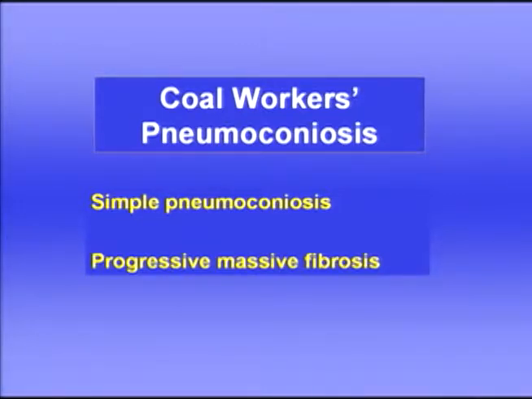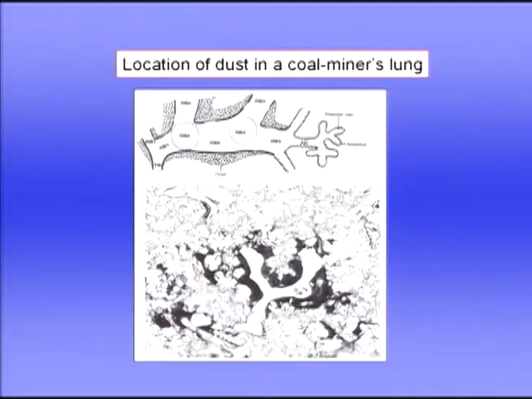Sometimes people develop what's called progressive massive fibrosis. So we saw this image just a little while ago, but it's nice to introduce simple pneumoconiosis, coal workers' pneumoconiosis, because this is exactly what it is. The pneumoconiosis is caused by the deposition of coal dust in the center of the acinus here, as you can see,